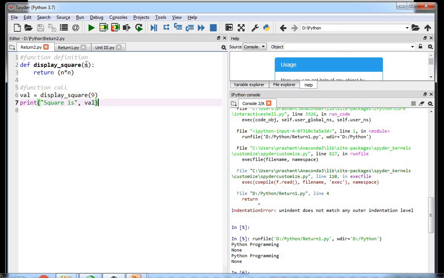This is the meaning of function call. Now this n is available in the function body. We have multiplied n with n. This value is returned. Whenever a function returns, it returns to the point from where it has been called. This function has been called at line number 6, so it will return at line number 6. As the passed value is 9, the square is 81. The return value 81 will be stored in val at line number 6 and it will be displayed using the print statement. Check the output.